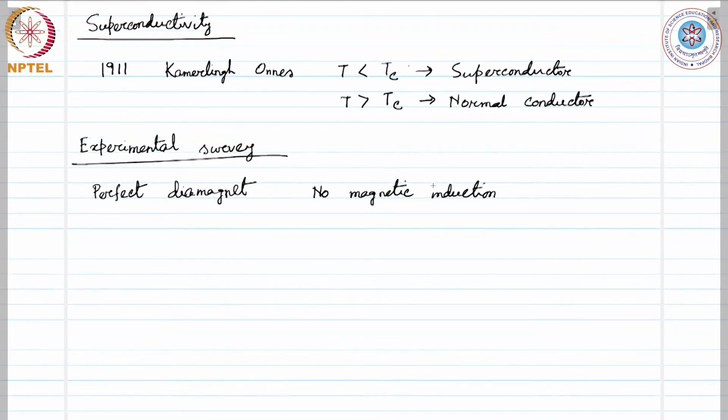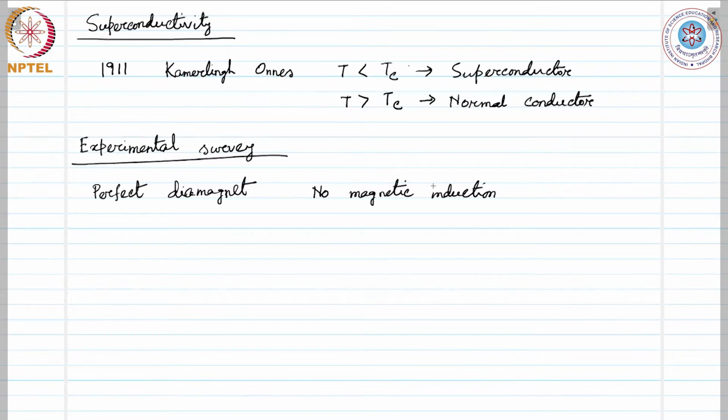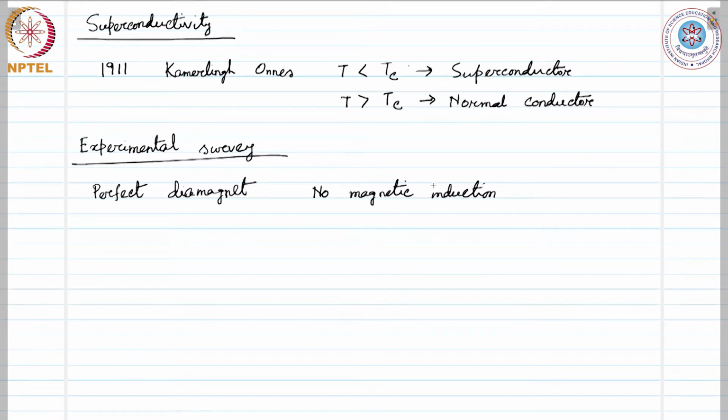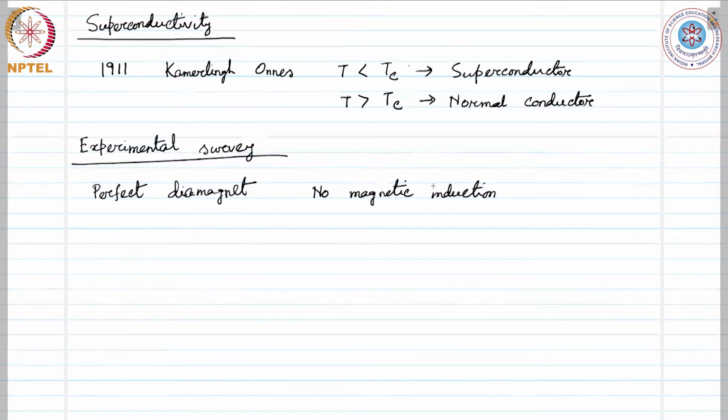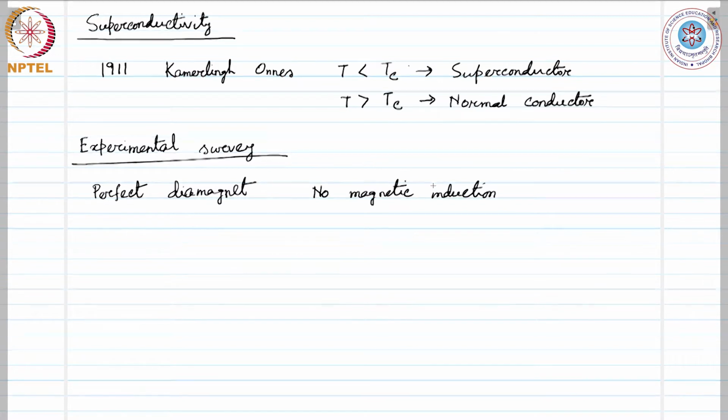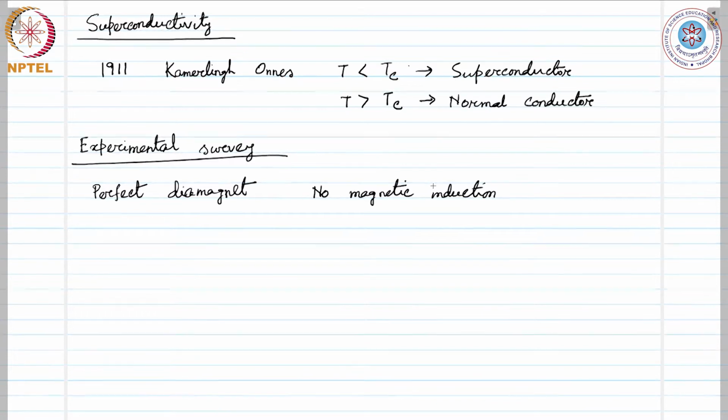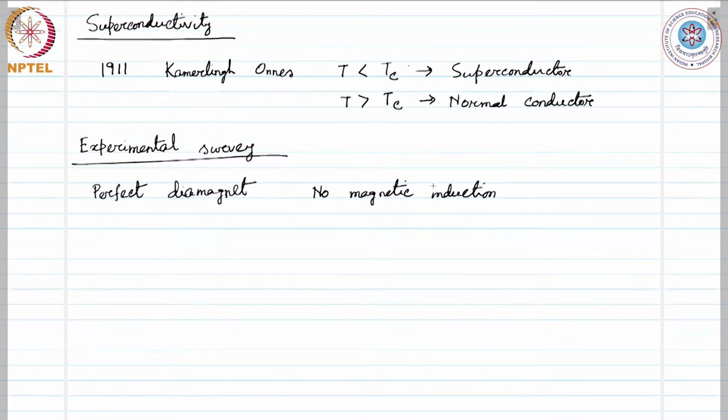This happens up to a maximum threshold of the applied external magnetic field, beyond which the magnetic field penetrates the material. At the same time, the superconducting property is also lost. So it remains in the superconducting state as long as the field is below the threshold. That does not happen if the magnetic field is sufficiently large to invade the material, then the superconductivity is killed.